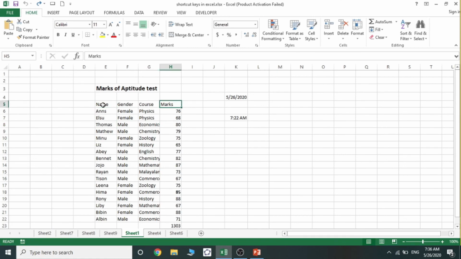Control arrow, Control arrow. This helps to move the cursor automatically to the rightmost or last cell of that particular row. Control End.